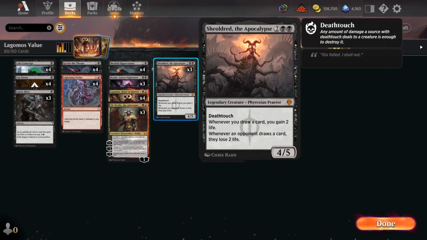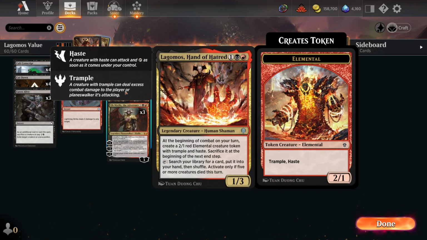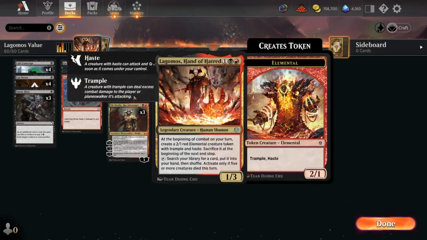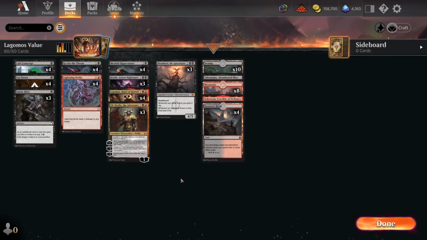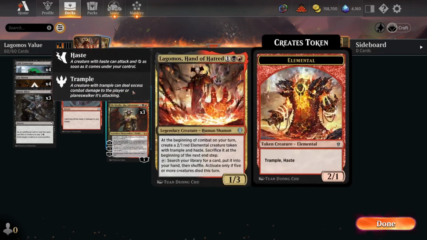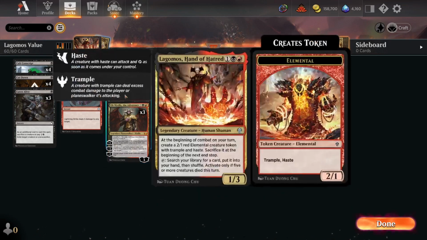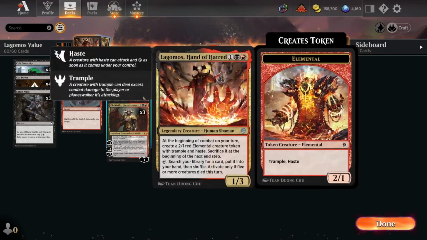And Lagomos itself was decent. It was a 3-mana 1/3, had the 2/1 creature token with trample and haste, and it made this deck fun. It made it unique. I'm not sure it made it better than traditional anvil strategies where you could maybe slot in more Braids or more Ob Nixilis, because having Lagomos be vulnerable to Cut Down is kind of tough, especially since it has to live through turn 3 if you play it, or you have to play it on turn 4 to start getting